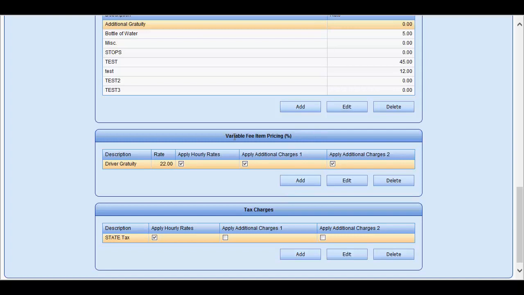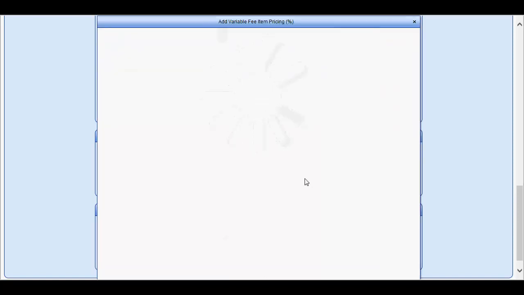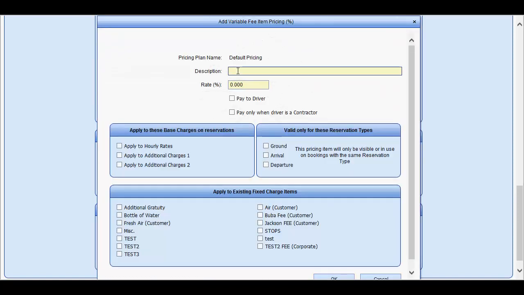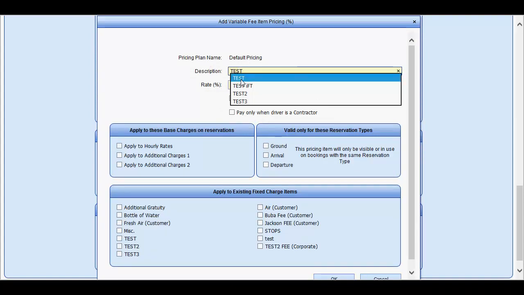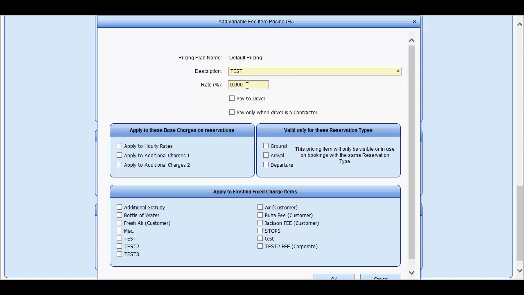Below that, you have the variable fee item pricing, which is a percentage. These may be deleted, edited, or added. To add a new one, click on the Add button, type in the name, which will appear on the trip sheets and confirmations and reservations, put in a percentage,